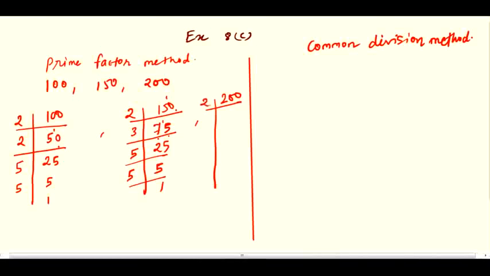Next is 200, starting from 2, 2 1 ja 2, 2 0 ja 0, 2 0 ja 0. Again last 0, so we can start by 2. Then 2 5 ja 10, last followed by 0. Then again last is 0, start by 2. 2 2 ja 4, 1 remaining, 0 will become 10, 2 5 ja 10. Then now 5 5 ja 25, 5 1 ja 5.